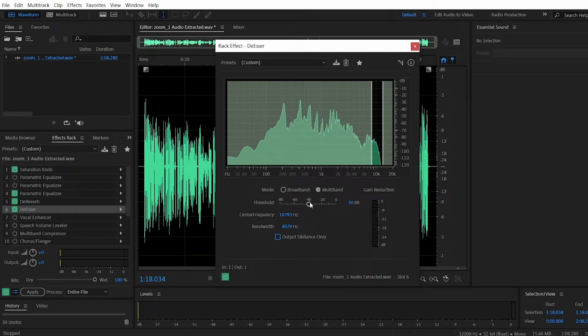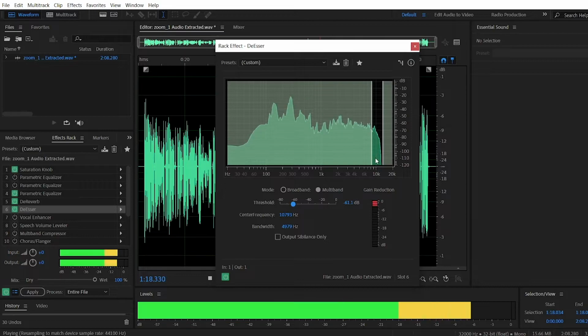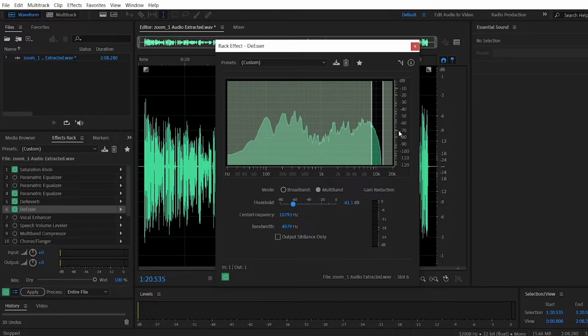So we want to make sure the threshold is low enough that it actually takes out the sibilants. So it seems like around from there here, to then exploding. So it looks like around 80, 70 or so is where sibilance is coming in. So we want it to be around 60, I guess, would be good. Maybe 70. So anything that goes above this threshold, that's sibilance, meaning like the S sounds that we don't like, will be